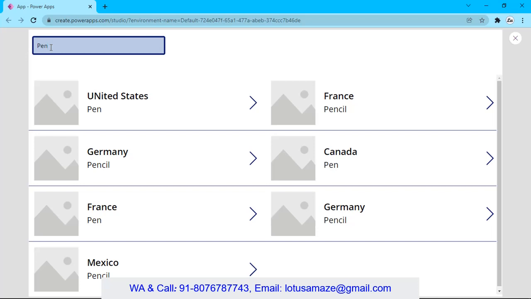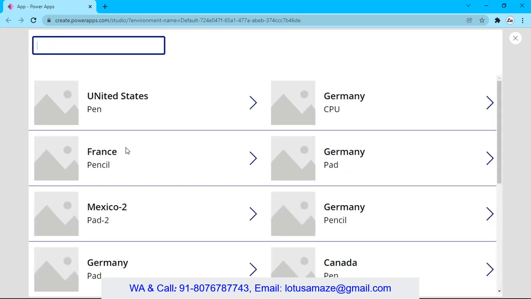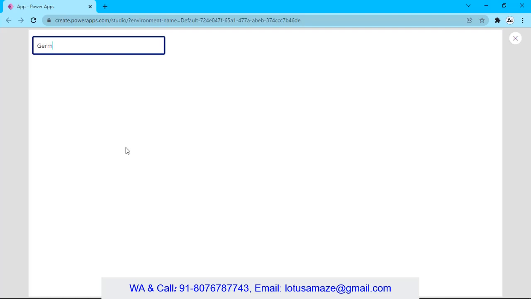If I type the C, okay, now PENC, so it is taking only the product which starts with PNC, so pencil. Okay, now if I try to search the country name, say Germany, so there is no data because it is searching only one column. So we can search the multiple column